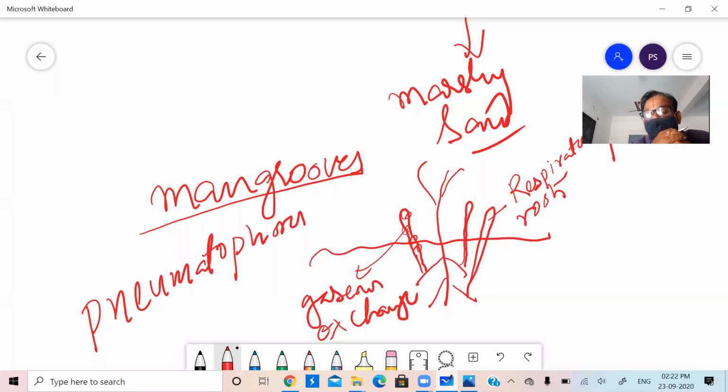So this is about the mangroves, where the air spaces in the soil are completely filled with water and there is no air to be received by the root cells. In those cases, the plants which grow in marsh soil send out aerial root branches. They possess small apertures. Those aerial roots are called pneumatophores. Through the pneumatophores, the exchange of gases takes place in the root system. Now, I will show a video on these mangroves.